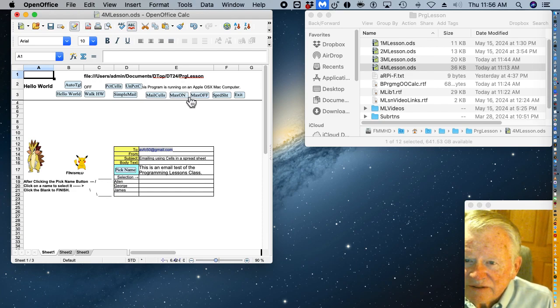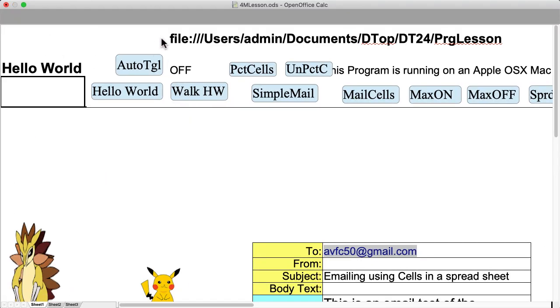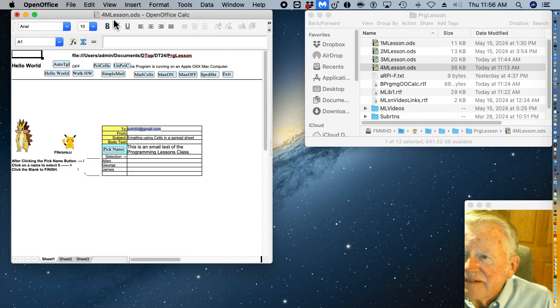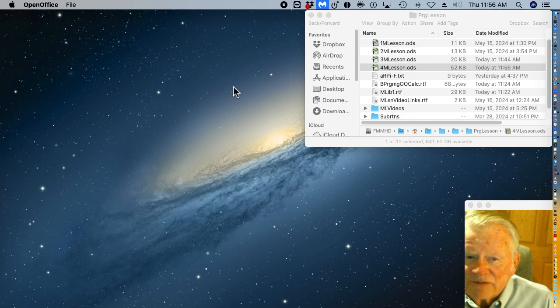If we turn Max on, all of those are again gone. Max off, and we're back. And then exit, which just exits this application, saves whatever we've changed, and